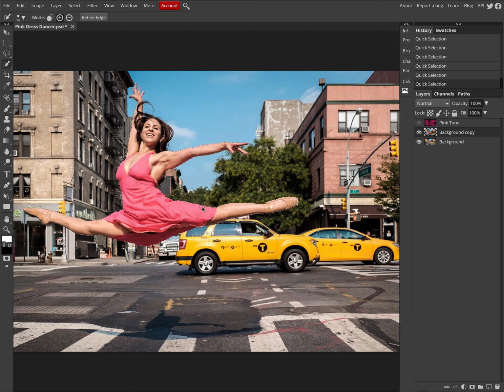So again, it may not necessarily be perfect, but what we're looking to do is get as much area selected,